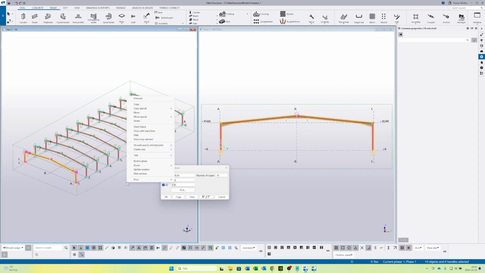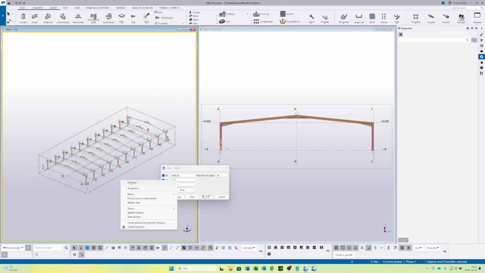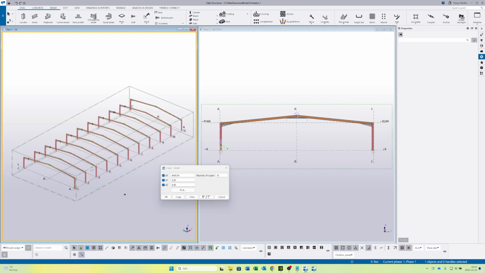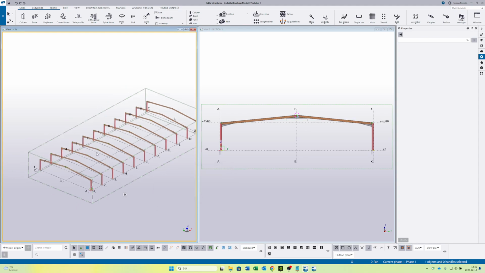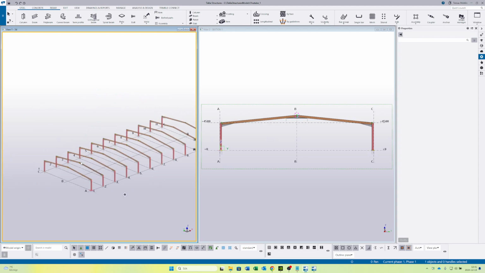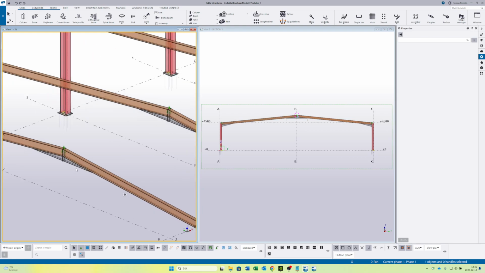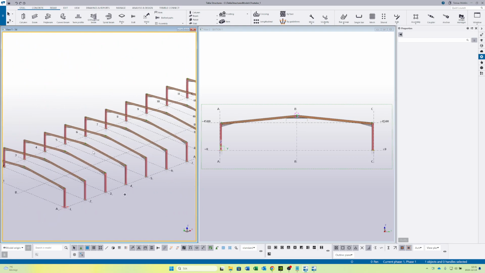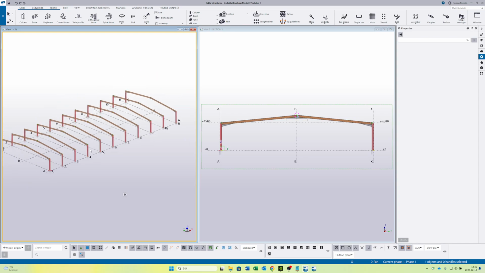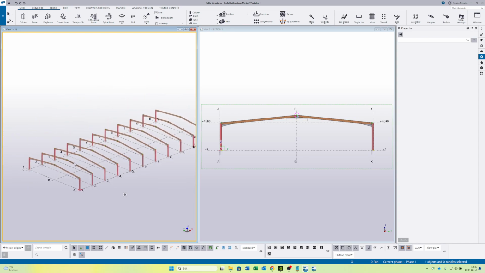And as you can see, it copied out my frame 10 times. There we go. So yeah. Now, this is obviously far from done, but I think this is a good place to stop the